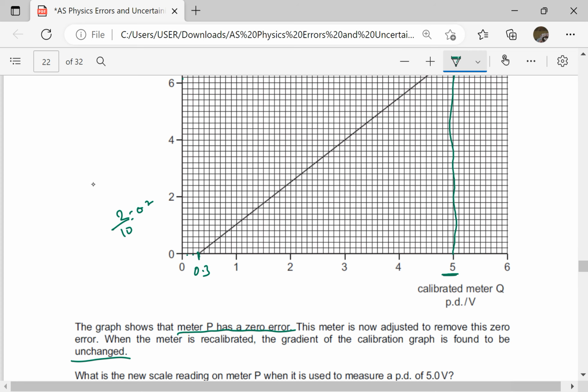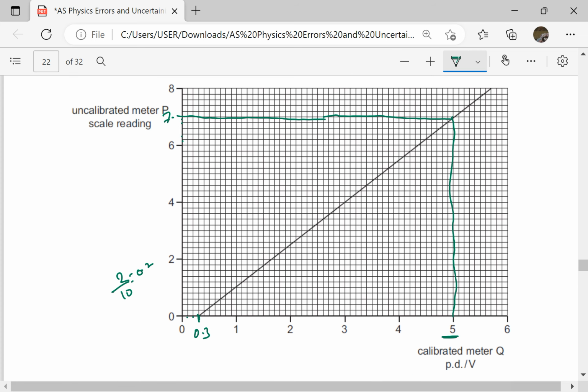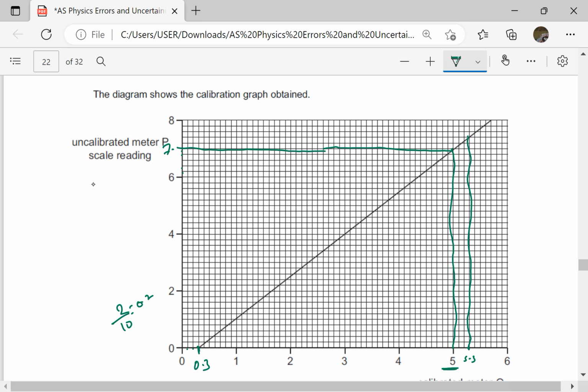So if it is reading 5 volts, it is actually going to be reading 5, 1, 2, 3. The true value is going to be 5.3, and 5.3 will give us a value here, which on the other scale is going to give us 7.2,